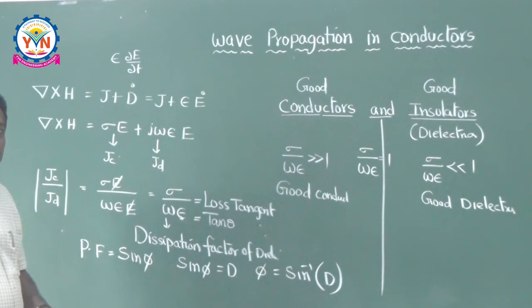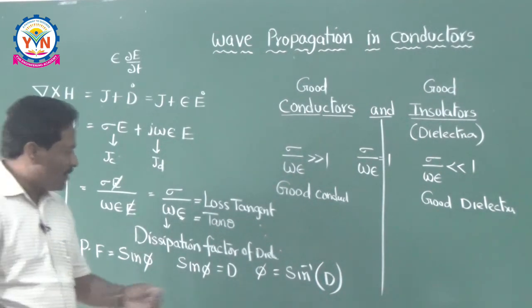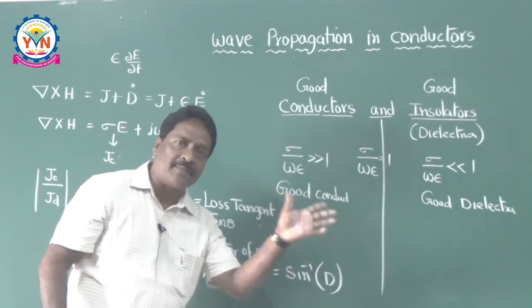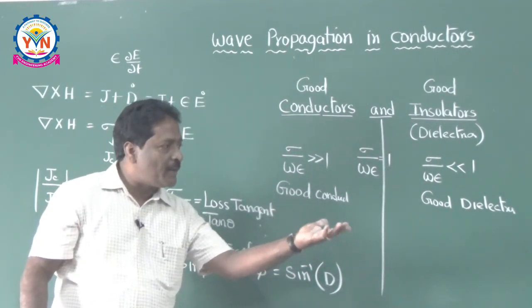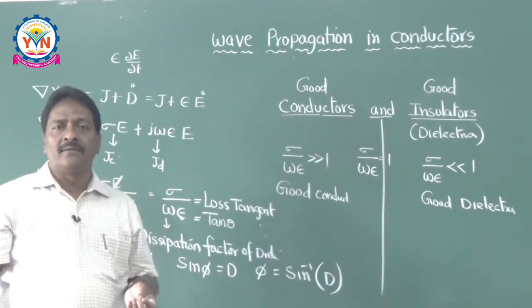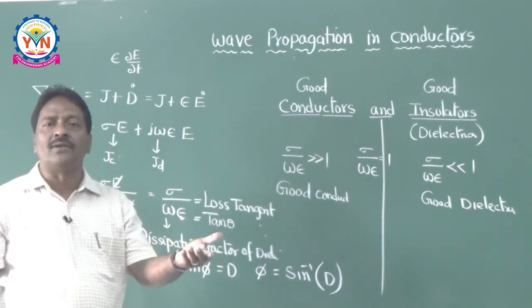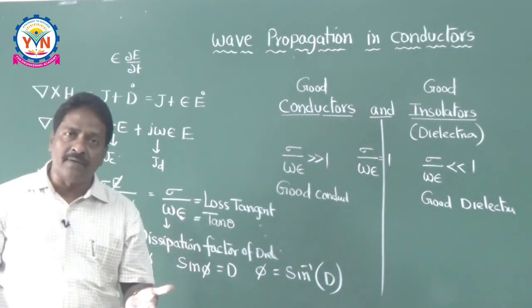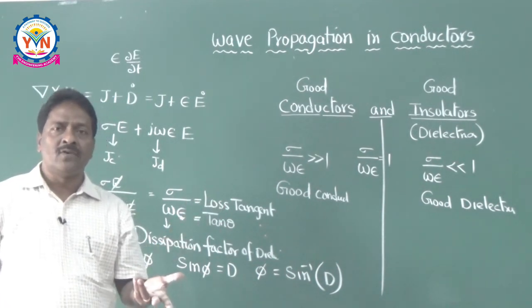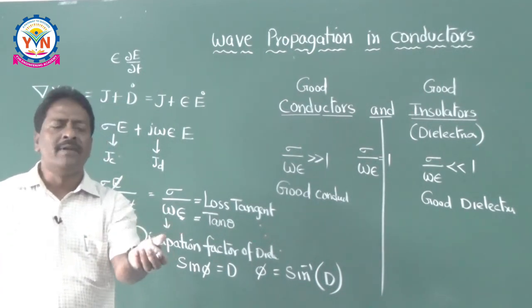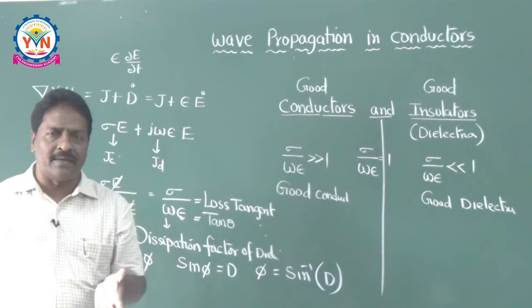So, practically what I am telling is, the dissipation factor of the dielectric tells about the purity of the dielectric material. If the dielectric material is perfect, then sigma must be equal to 0. That is the reason free space has sigma equal to 0. It is an ideal dielectric, a perfect dielectric. But is it possible? Practically, no. We cannot see it practically. We can see a good dielectric, meaning the smallest value of sigma may be present.